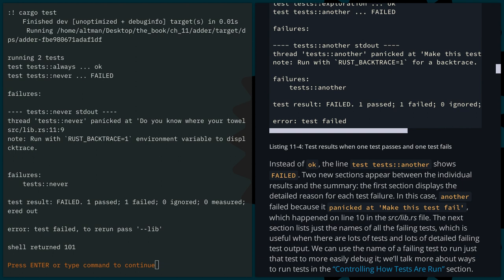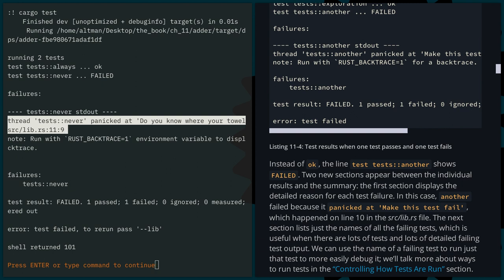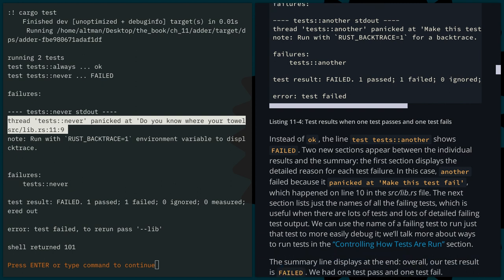Two new sections appear between the individual results and the summary. The first section displays the detailed reason for each test failure. In this case, another failed because it panicked at "Make this test fail", which happened on line 10 in the lib file. The next section lists just the names of all the failing tests, which is useful